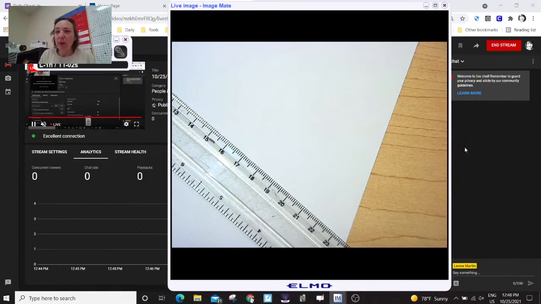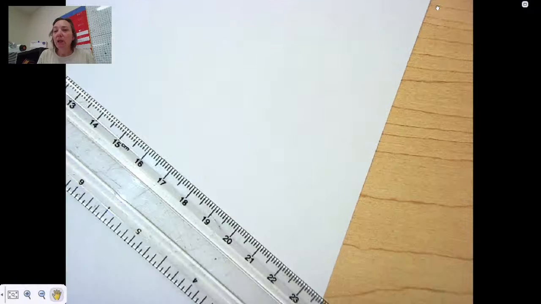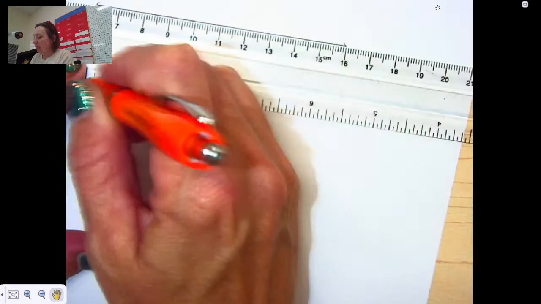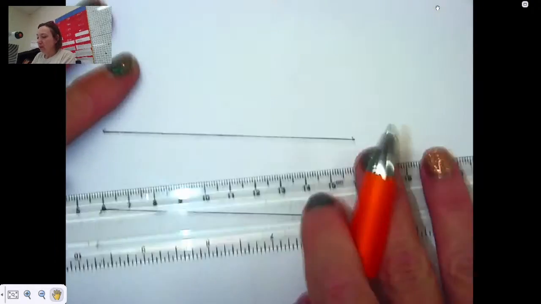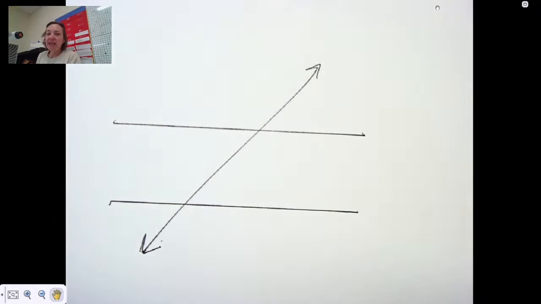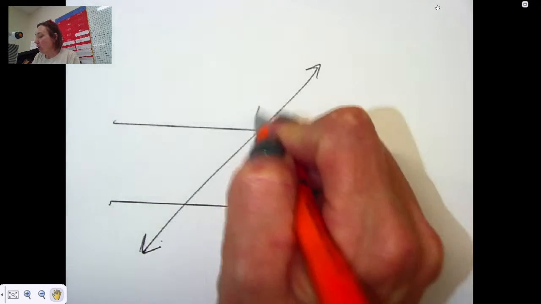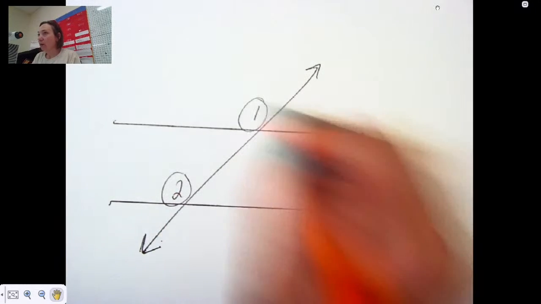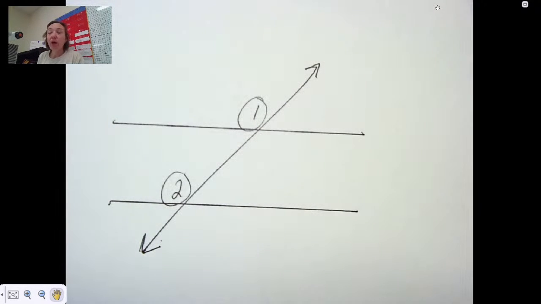All right, so do y'all remember a couple weeks ago when we first started talking about these angle relationships? If you've got two lines that are parallel, like so, and you have a transversal, then it creates these angle relationships, and the ones that are corresponding to each other, like 1 and 2 right there, are congruent to each other, right? So we come up with this